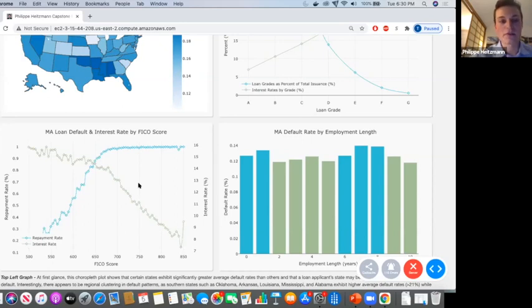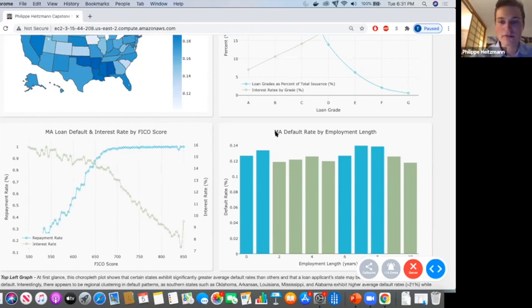So this is a really interesting observation for any investor who is looking at this and thinking about what sort of loans to invest in and how to maximize the returns. Maybe there might be some advantage to actually lending more money to people in the 650 to 700 range versus the quote unquote higher quality FICO score applicants.